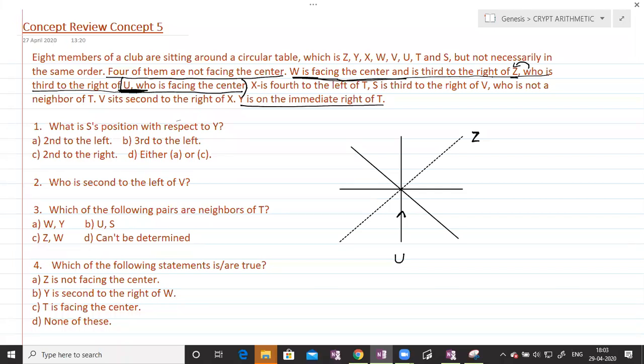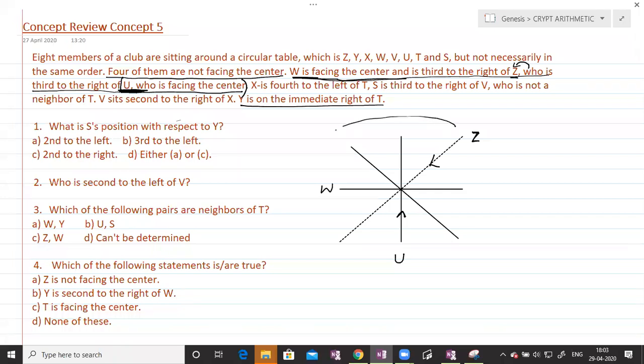And is the third to the right of Z. It means that 1, 2, 3 also possible here only, no? I hope you understood. Of course, this is not possible. 1, 2, 3 not possible. So only this is possible. It means Z would be also facing the center, and that's why this is the